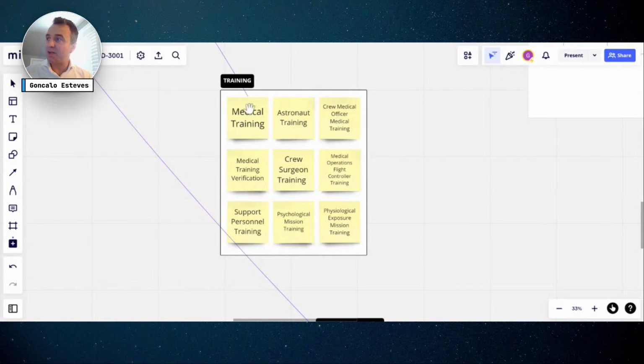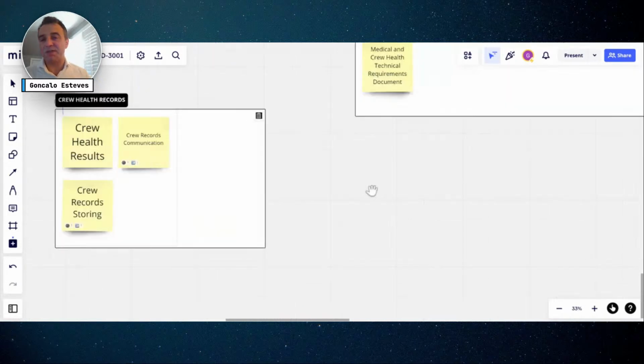There is a standard. There are, I would say, definitions, but probably we need more examples of those. Okay, if you focus on looking at each one of them, you'll see that there will be more and more, I would say, more time to go through details. Of course, medical operations and crew health records, and I've got, I'm going to say, a blast in here seeing and going 50 years back into the past. But I'll get to that next.